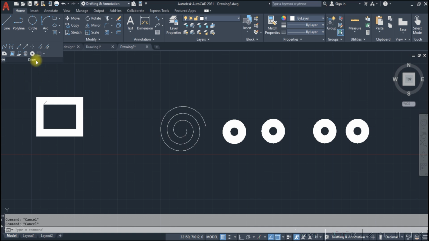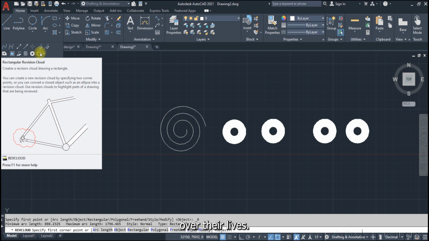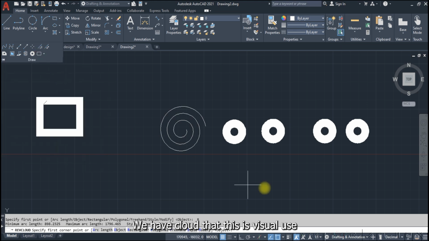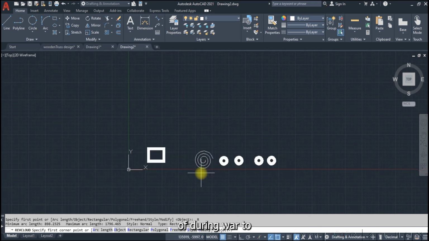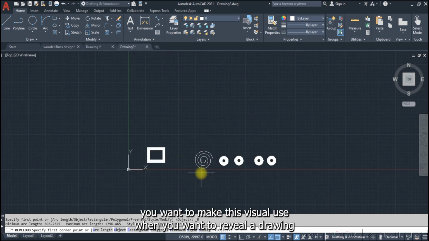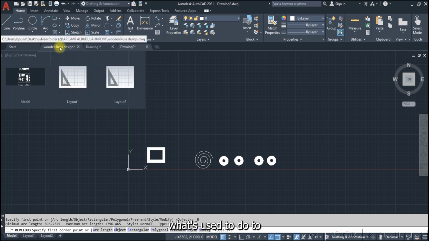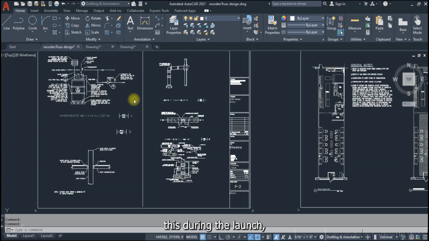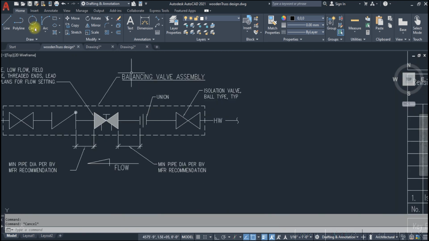What's the name of this thing? Rev cloud. Rev cloud. This is majorly used if you have a drawing and you want to make adjustments. It is majorly used when you want to review a drawing and you want to tell the person that designed the drawing that okay, this and this is what needs to be done. Like in this existing drawing now, maybe I discovered that something is not right here, right? I can just come to this,